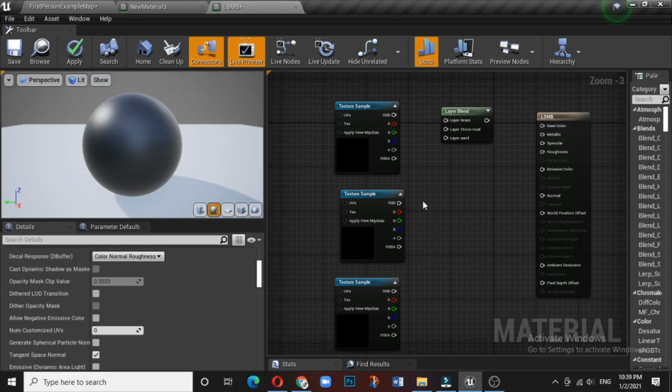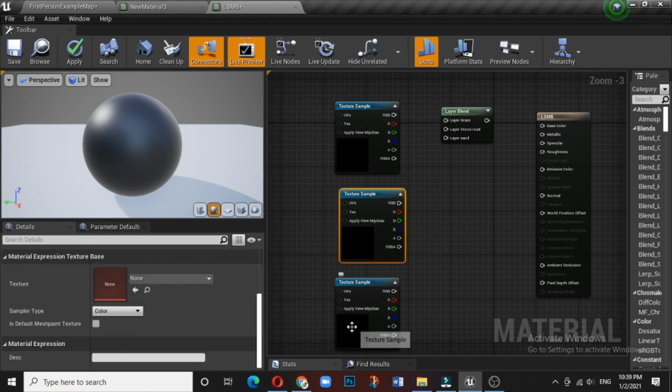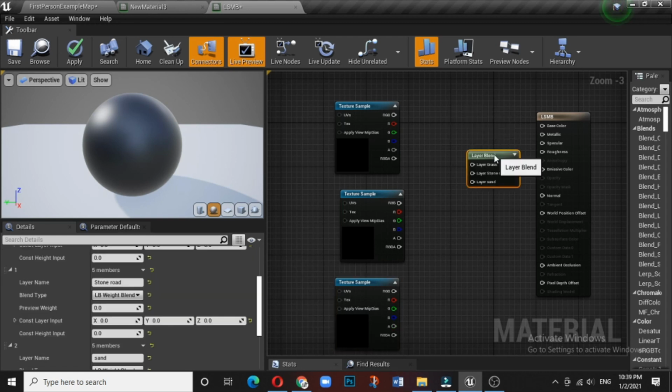Now we have to add grass, we have to add stone, and we have to add the layer. Before we add, just connect it. Why I'm saying connect it, you will understand. You add this to connect here.